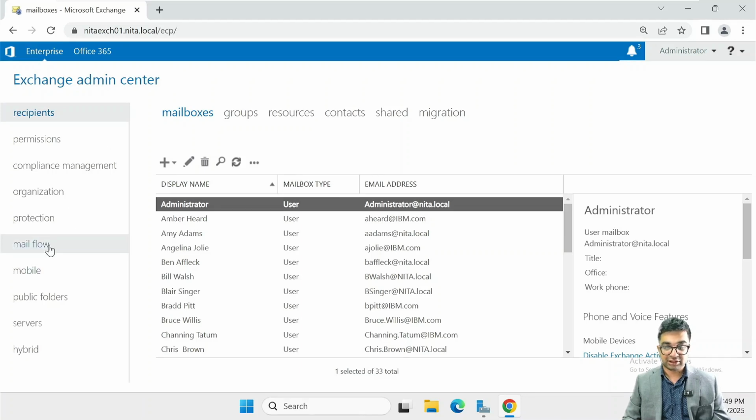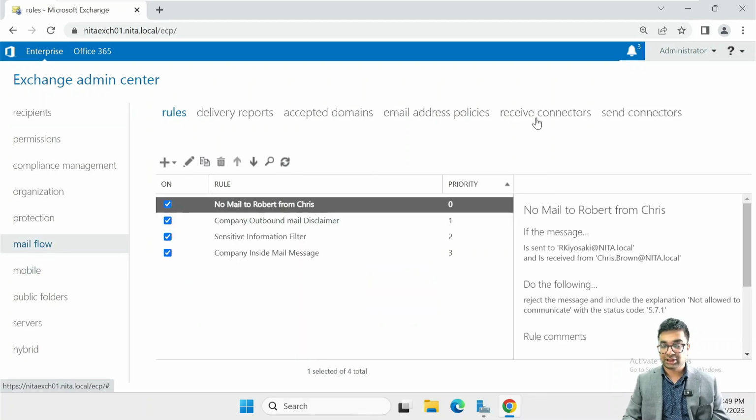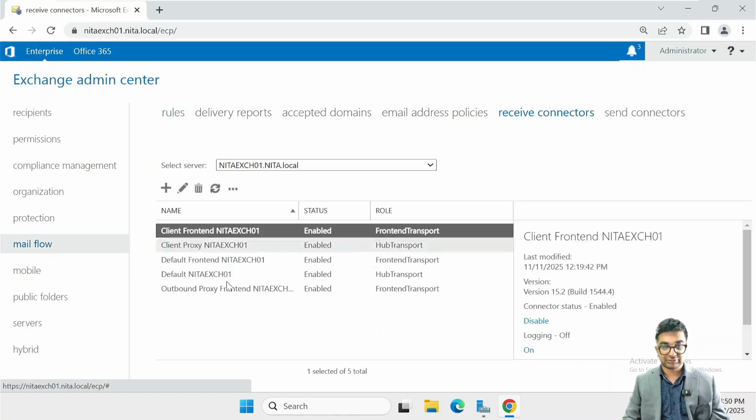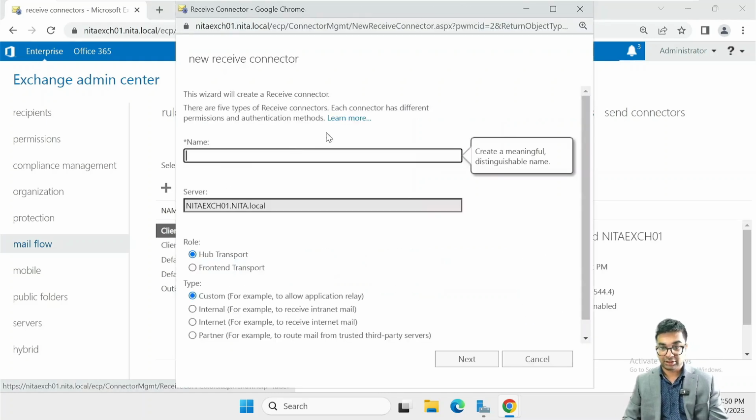Once you're here, click on Mail Flow, click on Receive Connectors, and click on New. Now the name has to be nita.local, or in this case, because it will be for a different one, because nita.local is already our domain name,